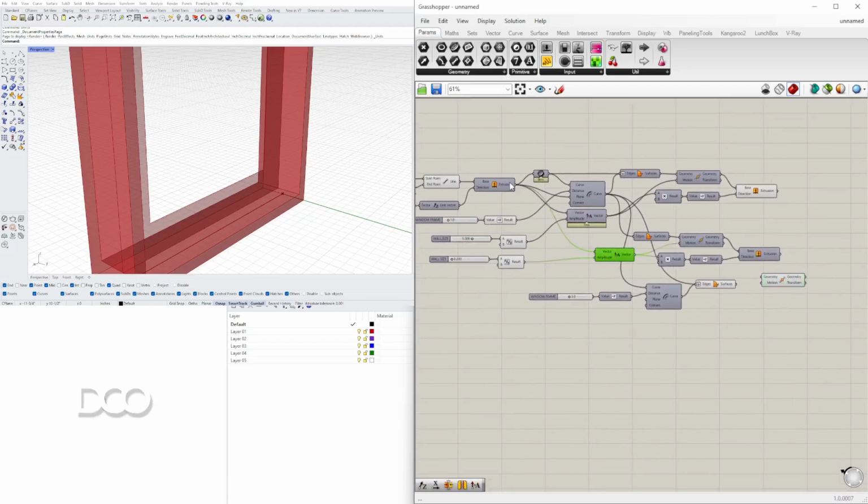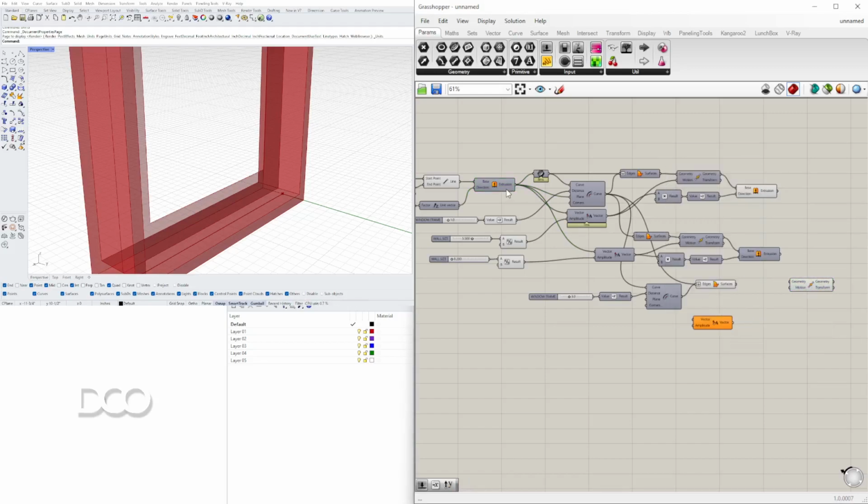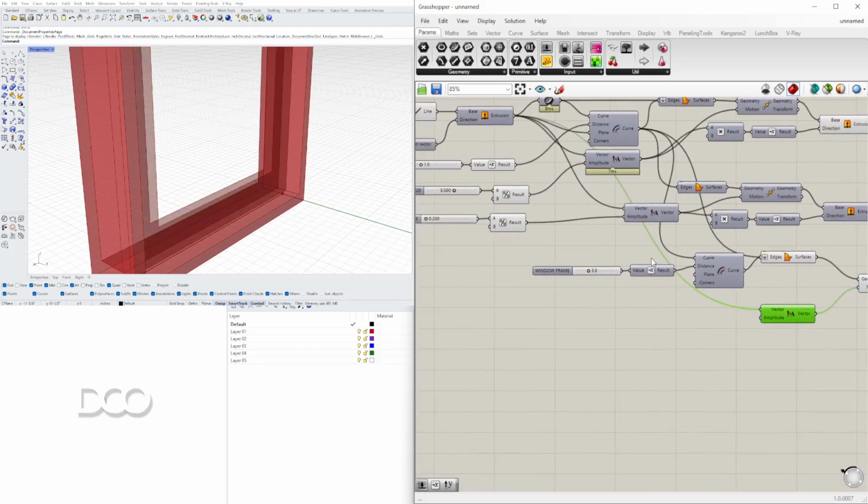So taking this vector from this extrusion, I'll bring in the amplitude component and then plug that surface in to this one, that to the motion, and then the surface here. Now what I need to plug in is